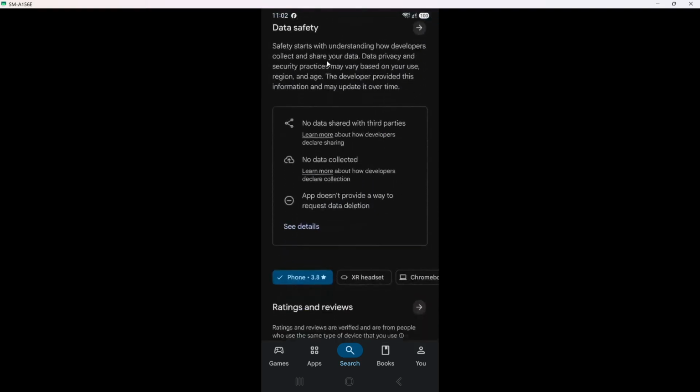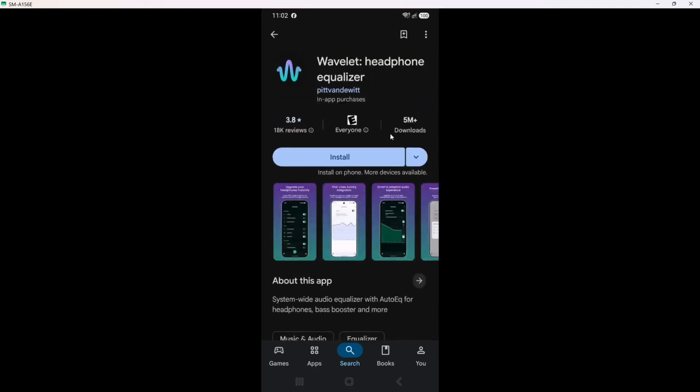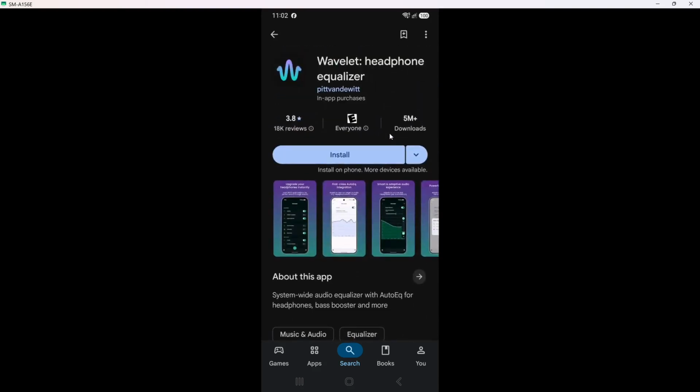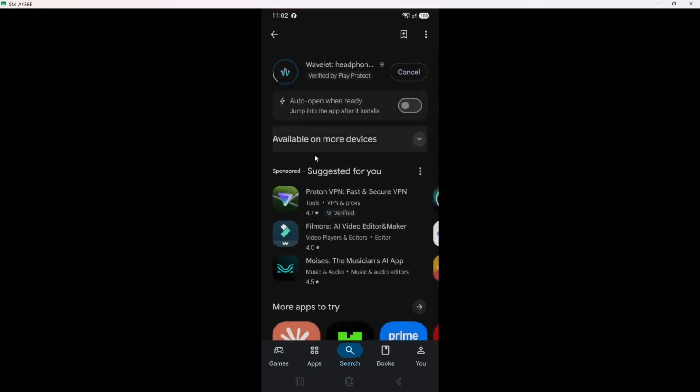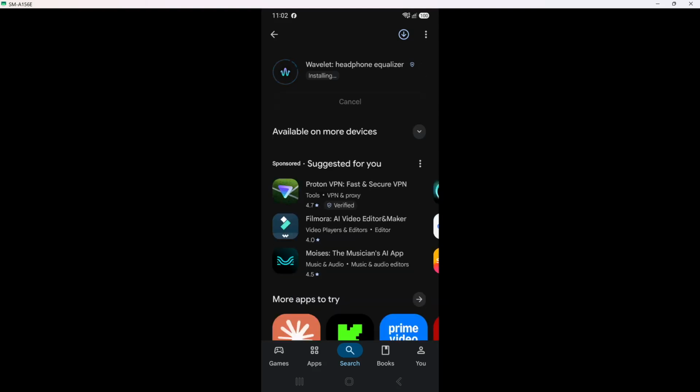Once you tap on the app, you will be taken to its dedicated page in the Play Store. Next, tap Install. You will see an Install button on the app page. This action begins the download and installation process for the app on your device. As you tap the button, you may see a progress bar indicating how much of the app has been downloaded. This step is vital because it allows you to access the app and its features once the installation is complete. Wait patiently as the installation progresses, which may take a few moments depending on your internet speed.